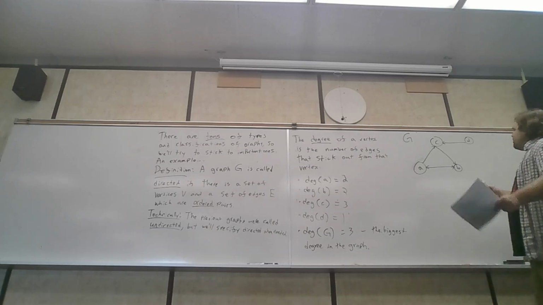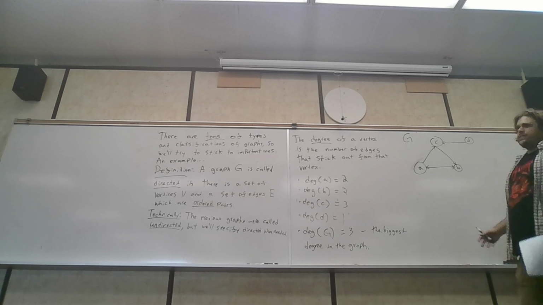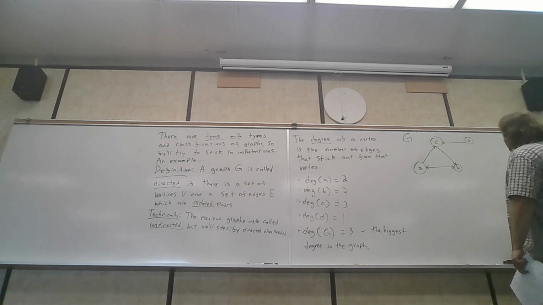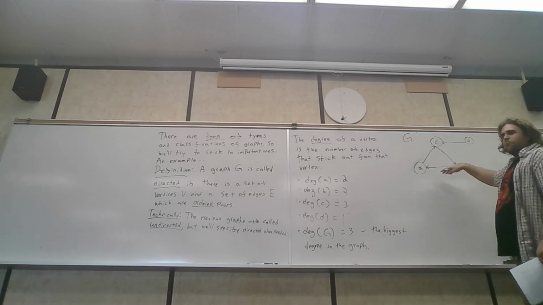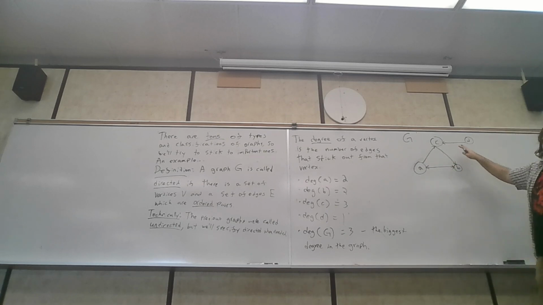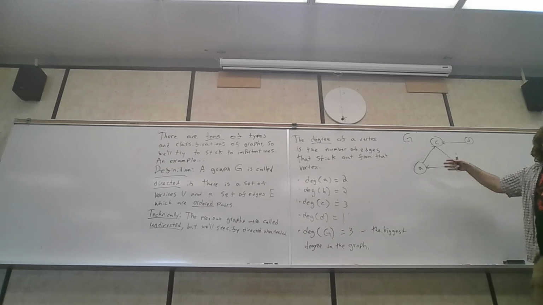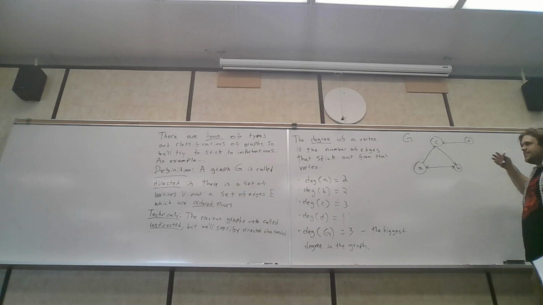So an example of what does it mean to be connected now? Well, you can't get to D if you start anywhere here, right? But this is still, intuitively, we look at it and we're like, yeah, but we have lines connecting all of them. So with a directed graph, that's not quite enough. The definition is still the same,